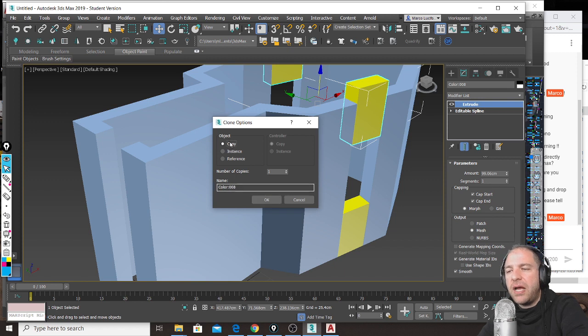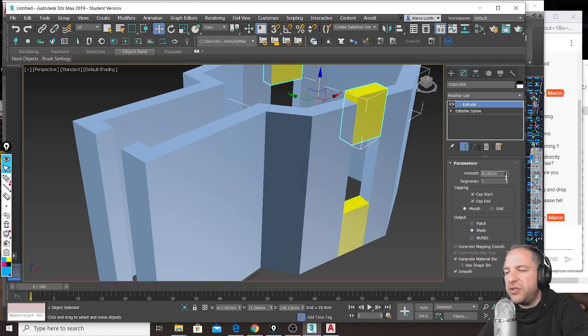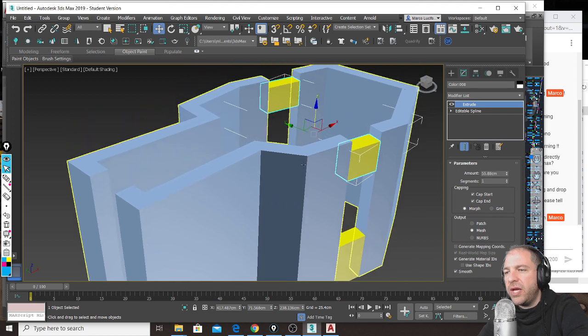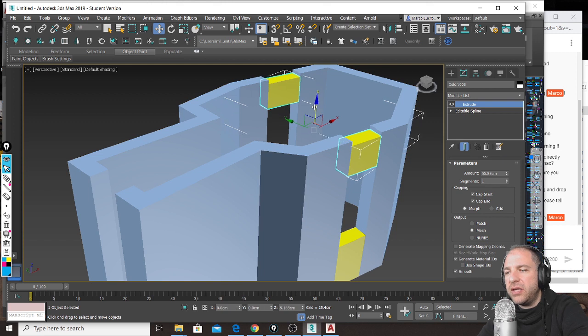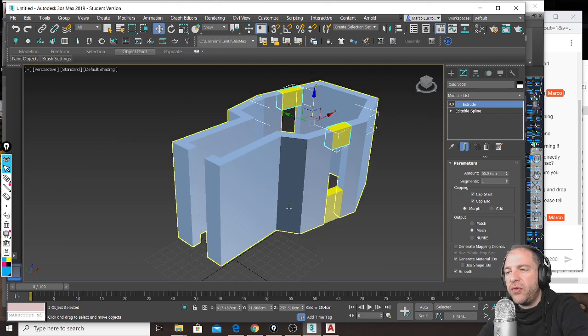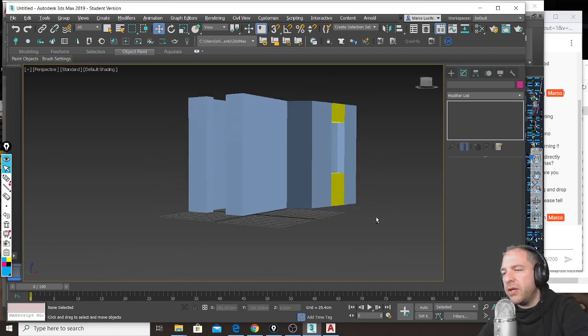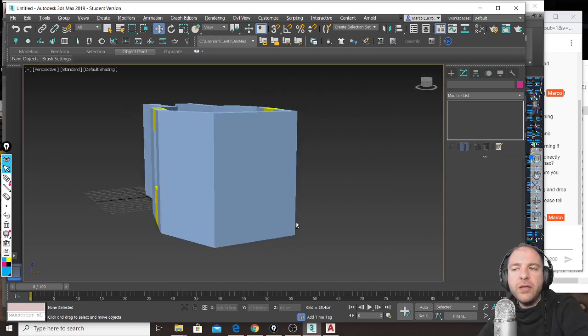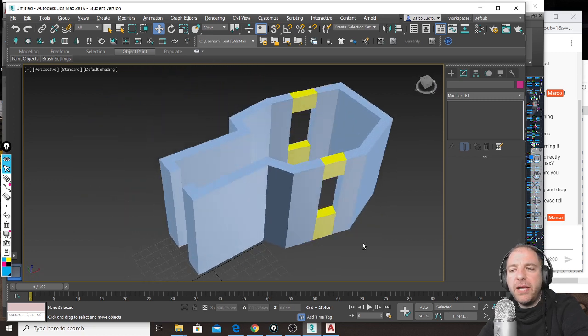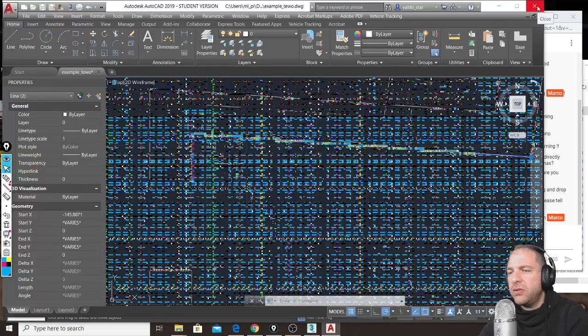I make copies so that I can change their height. Well, and then fantastic. And I start having my great looking AutoCAD drawing becoming my three-dimensional house. Okay? So this is how to deal with AutoCAD drawings, and let me close AutoCAD